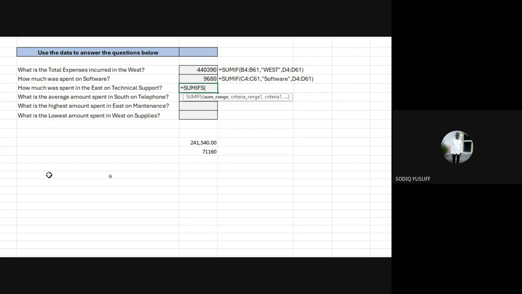What is the first argument under SUMIFS? The sum range. So what is my sum range now? What does sum range mean?